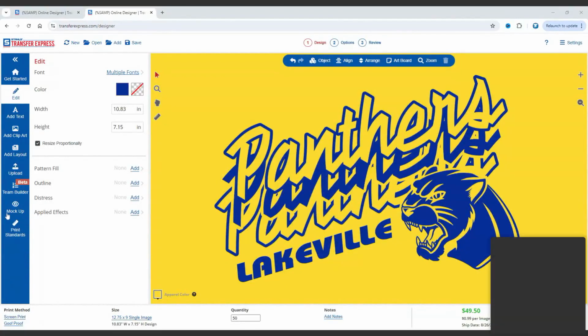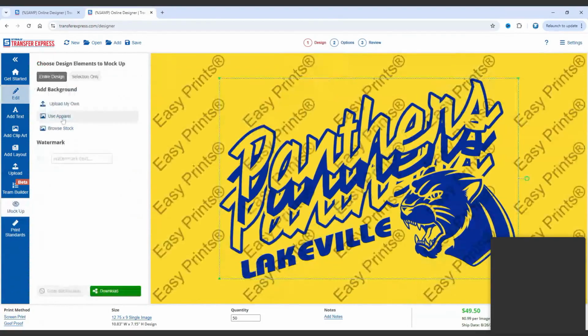But when you bring it to life and put it on a mock-up is when you're really able to bring the complete picture together. They see their dreams come to life and could imagine wearing it. And boom, then they go, here, take my credit card. Let's get this going. So right here on the left-hand side, I'm going to click mock-up, and we're just going